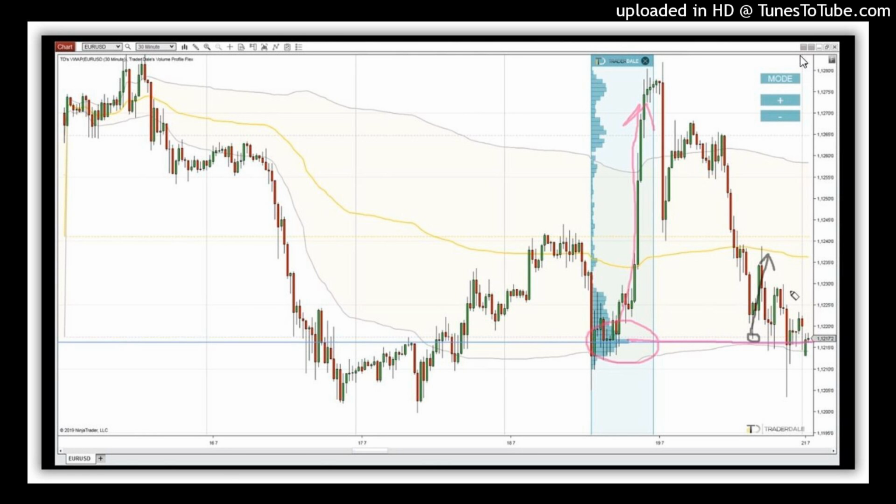There's a nice volume cluster created in here, and there's a confirmation from this dotted line, which was the previous week's first deviation. It's a nice reaction there. Also, very close, there is the first deviation of this week, alright? Now, if you look in here,